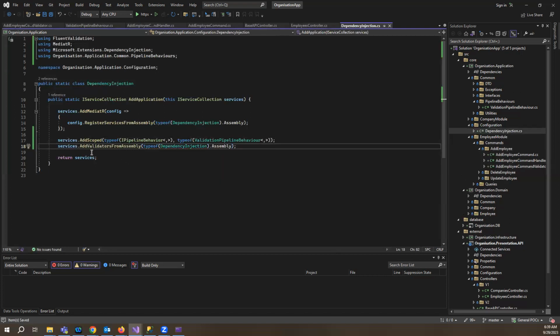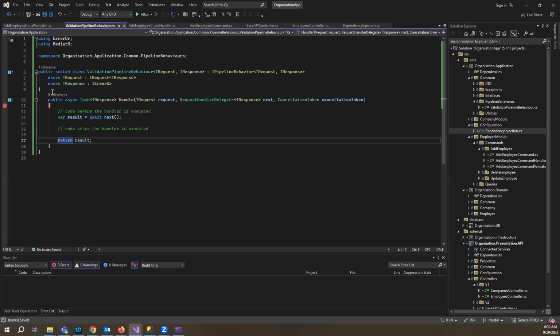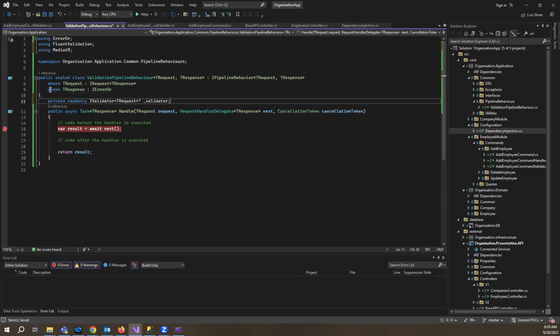So what this does is, this will register all the validators which are available. Now let's go to pipeline behavior. What we'll need to do is create a private read-only field for validator. I've created it here, and it can be nullable because there can be situations wherein certain handlers don't have any validators, since it is registering validators for all the handlers. So this can be null. So let's make it nullable, and then